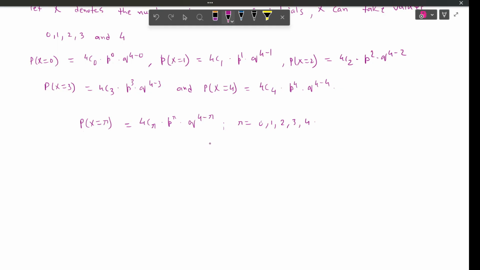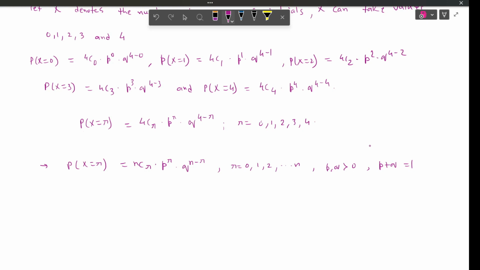Okay, so we can define binomial distribution as P of X equals r equals nCr p to the power r q to the power n minus r, where r can be 0, 1, 2 up to n, p and q are greater than 0, and p plus q, success plus failure, should be 100%. Okay,